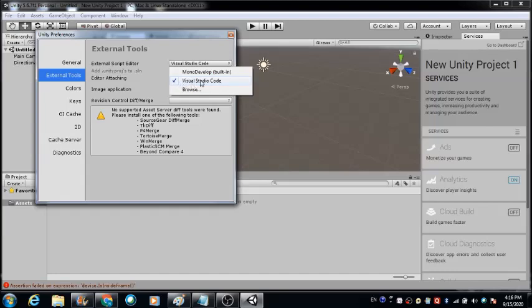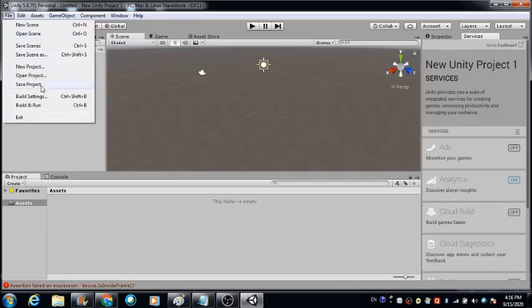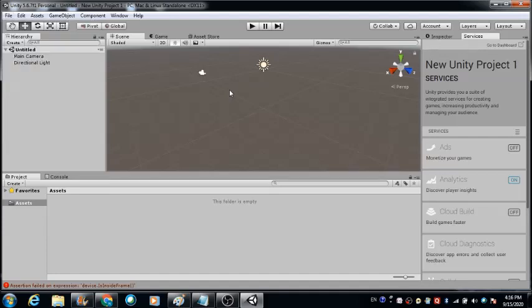In case you are not able to see it, close this dialog box, exit from this Unity software and reopen it, restart it. Automatically you will see that option in the Unity software. Fine, this is how you can create a connection between the Unity software that you have on your laptop and the Visual Studio software.